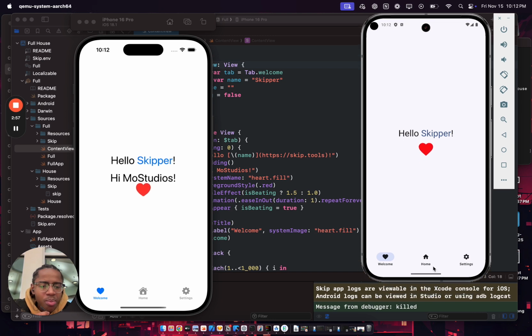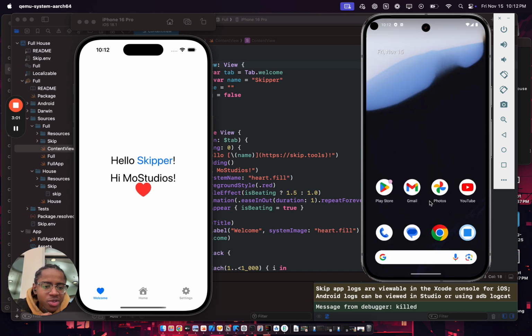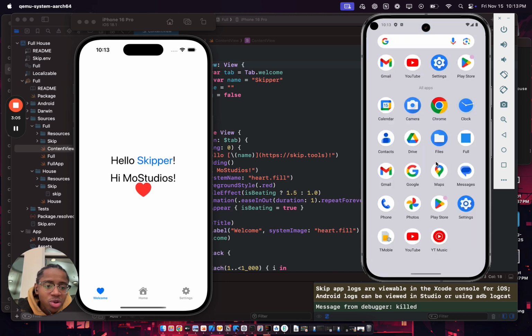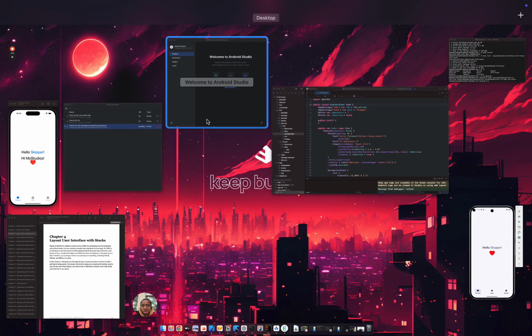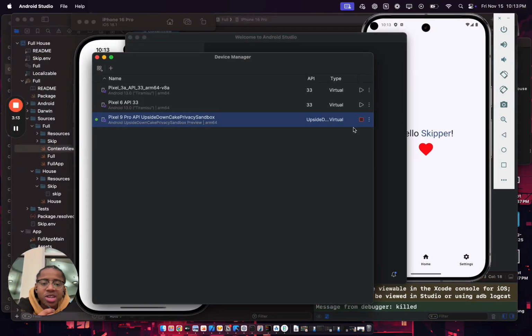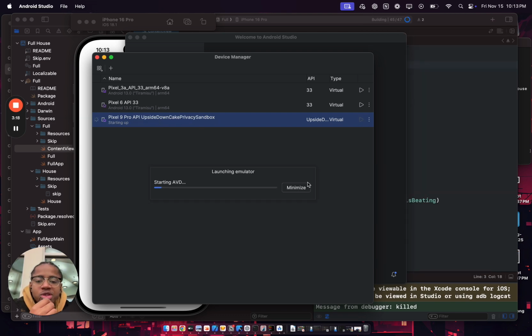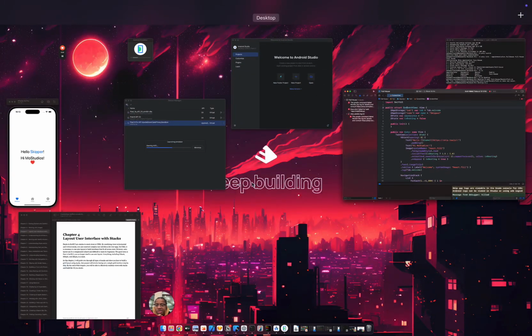I guess maybe if I close out of it... I haven't played around with Android in so long, so I have no idea how to even get this thing working. I haven't played around with Android Studio in quite some time either. So I'm just gonna restart the emulator and then see if that opens. Other than that,